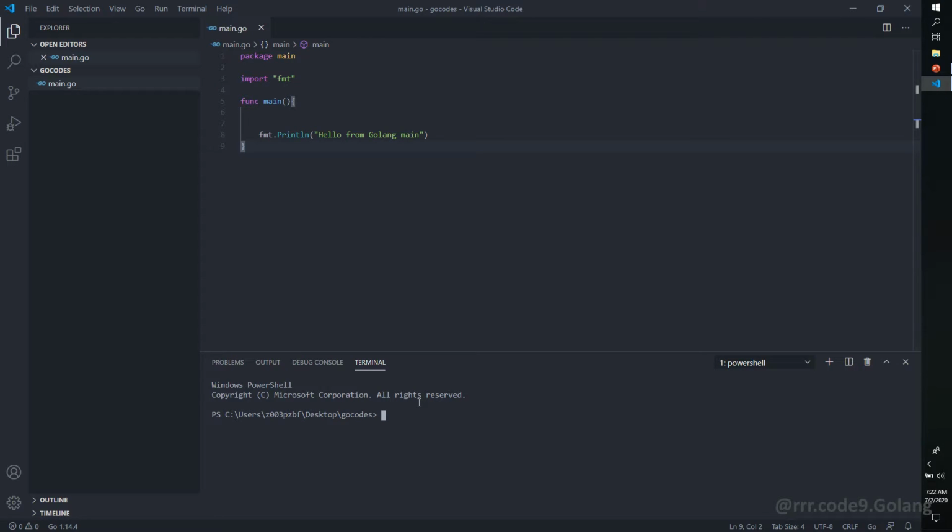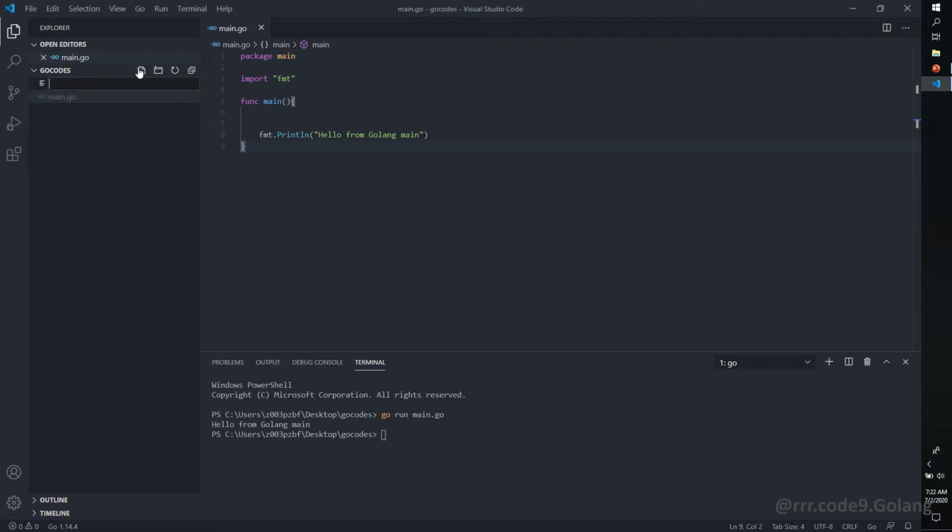To execute this file, we simply write go run main.go. Here you can see the output, hello from Golang main. So this file is executed and we have got our first output.